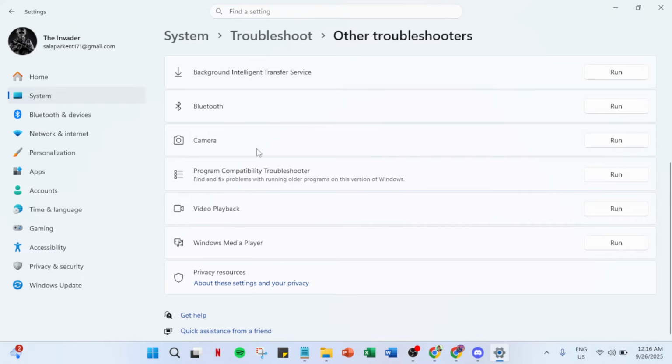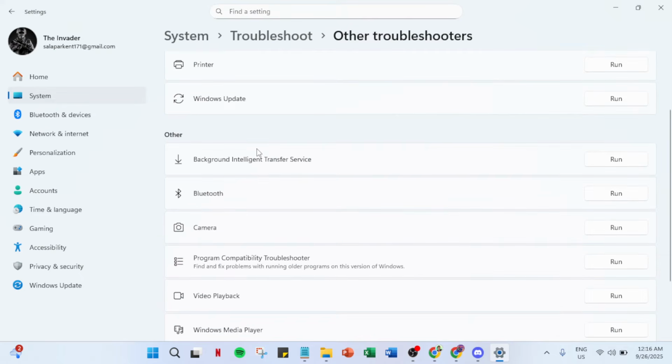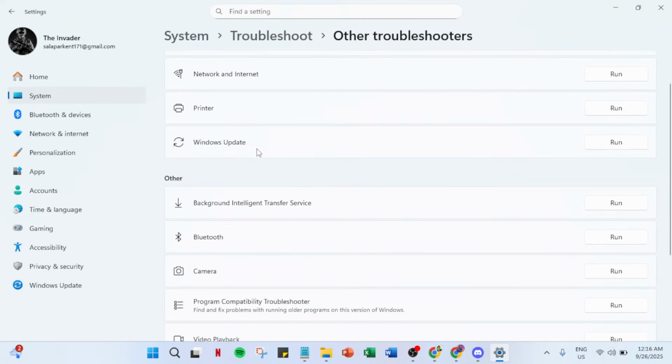This action will initiate the troubleshooting process, and Windows will start diagnosing your keyboard to find any underlying problems. As the troubleshooter runs, it may offer some suggestions or solutions. Make sure to follow any on-screen instructions provided thoroughly. This might include restarting your laptop or confirming certain settings. These steps are essential for implementing any fixes the troubleshooter finds.